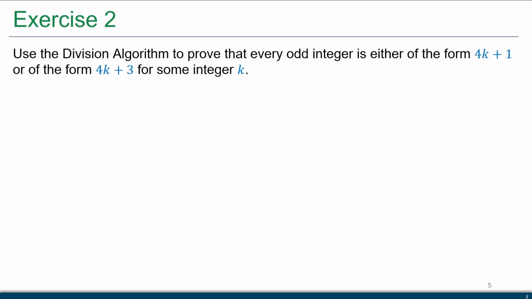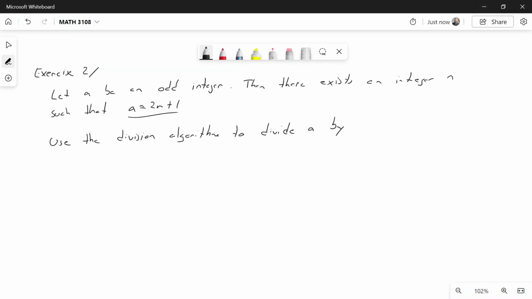So when I do this, I'm going to have something along this 4k plus something, by the outcome of the division algorithm. So if I divide by 4, then we know there exist integers, because again, a can be whatever we want it to be. The only condition on b, what we're dividing by, is it has to be an integer greater than 0. Well, 4 is an integer greater than 0, so this works. So we know there exist a q and r